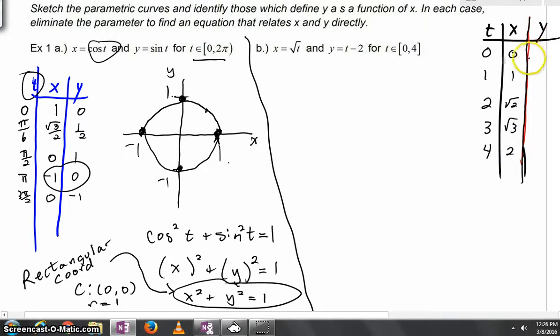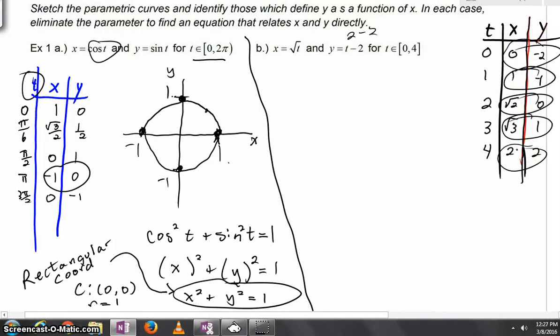Take a look at your y. Plug in a 0. 0 minus 2, you'd get -2. Plug in t equals 1, you'd get 1 minus 2 is -1. Plug in a 2, and you'd get 2 minus 2. Well, of course, you'd get 0. Plug in t equals 3. 3 minus 2 is just a 1. Plug in a 4. 4 minus 2 is 2. And again,